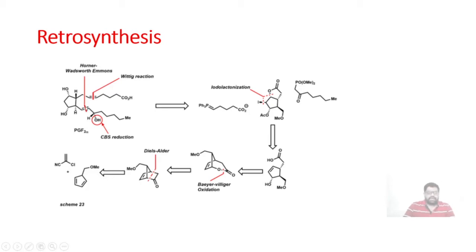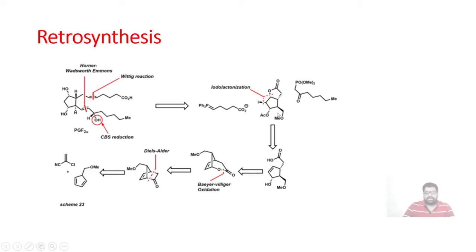We call this reaction the Wittig-Horner reaction. As you know, we typically get the trans double bond, or I will say the E double bond, by this method, whereas the Z double bond is achieved by treatment with this type of Wittig reagent. Also, the asymmetric reduction of this keto compound to the OH group is carried out by CBS reduction. So this is how the first retrosynthesis is considered.